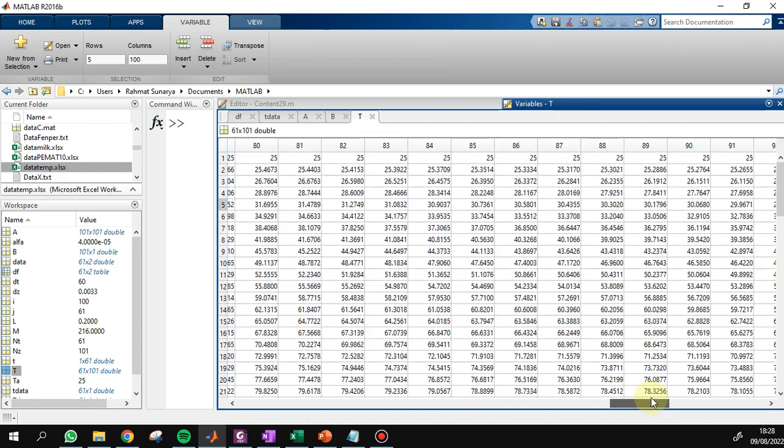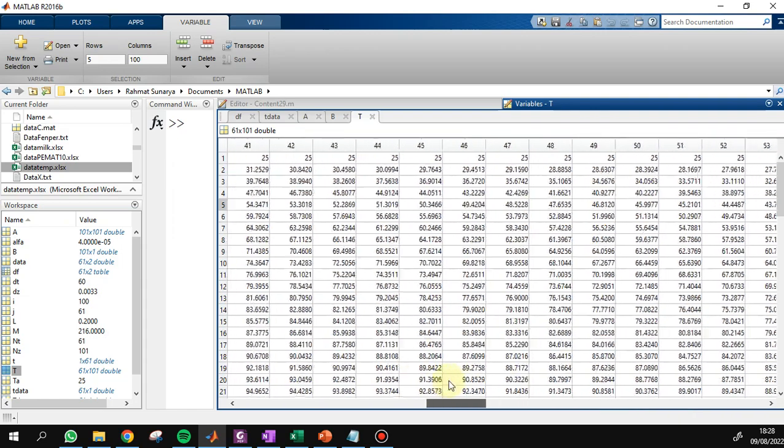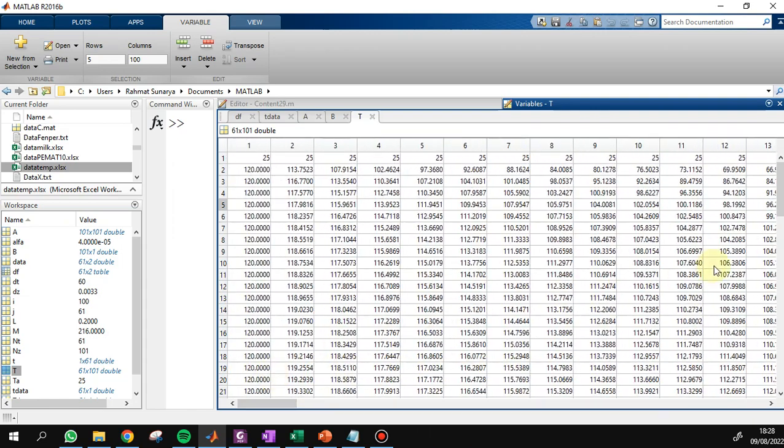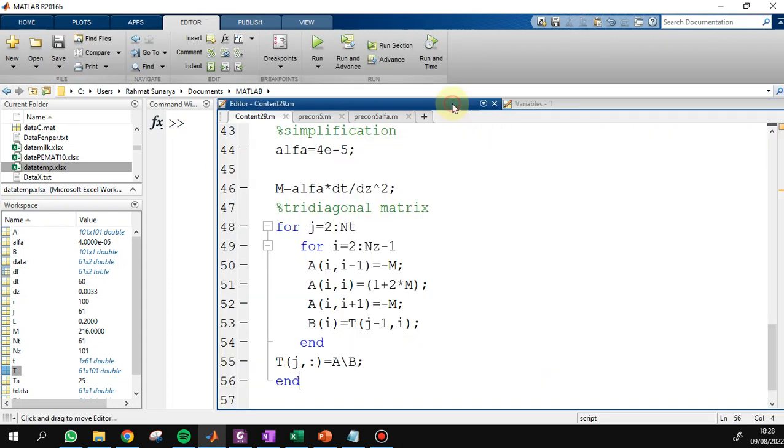Now we have the temperature for any position and any time.